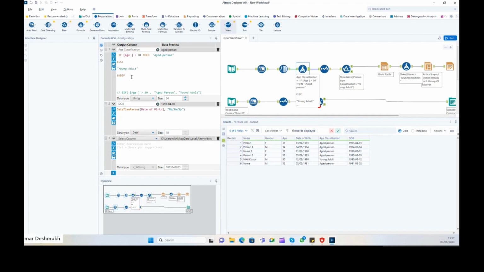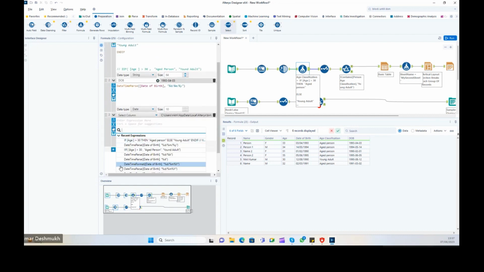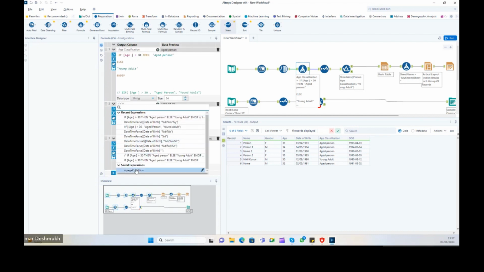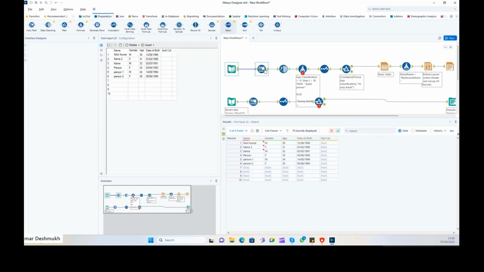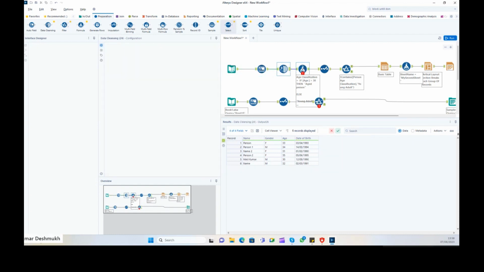Here, if you click my age conditions, you'll get the same condition. You can save it. So this is about the input, auto field, data cleansing, formula,